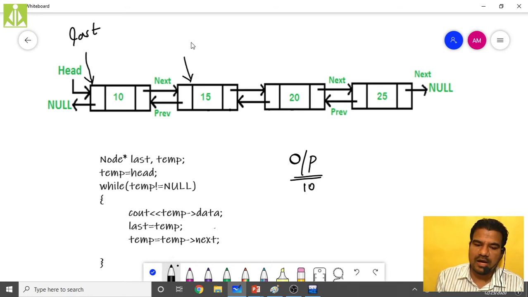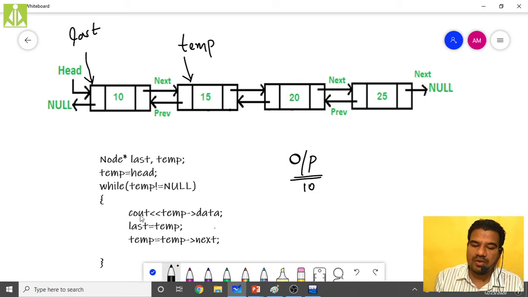Now the temp will come over here, so you see the difference. Now this is the follow up pointer because it is following the temp. The last pointer is following the temp. So now again what will happen? The loop will iterate for the next iteration. One more time, temp is checked: temp not equals to null. No, temp not equals to null because temp is pointing to a node over here, so temp will have some address.